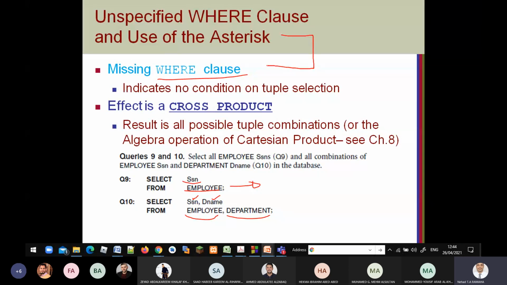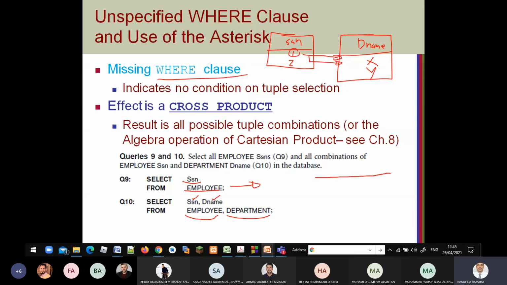If I have, for example, SSN numbers 1 and 2, and department names X and Y, this select query, select SSN and the number, makes a Cartesian product between employee and department. This means take each value from here with all values from here.